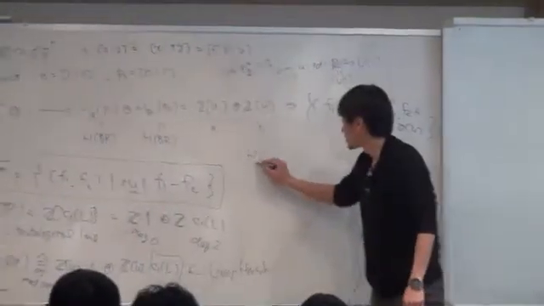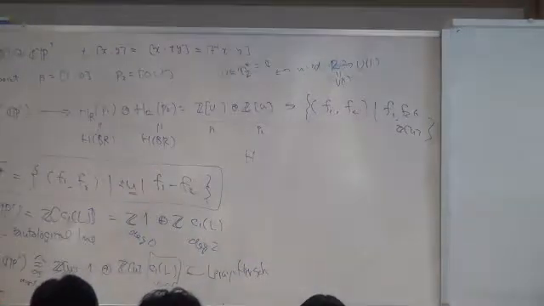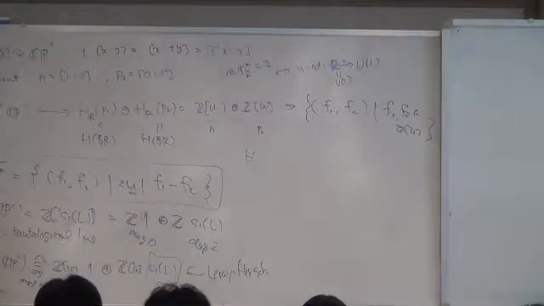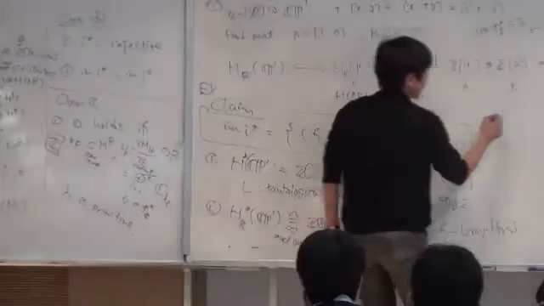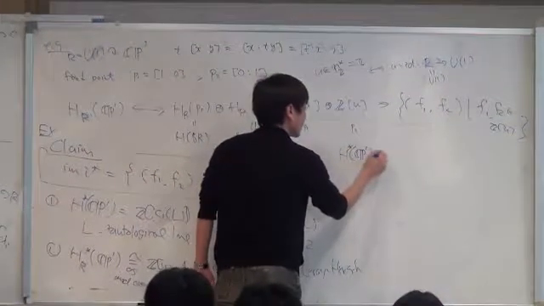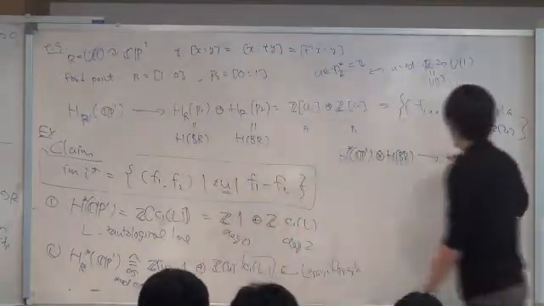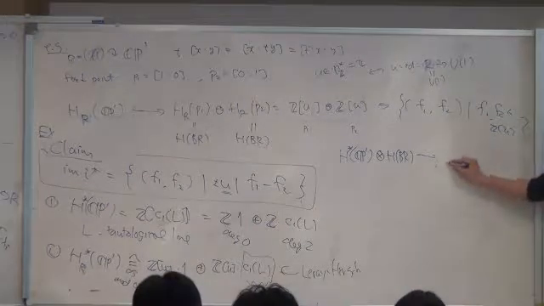So T is R. Ah, sorry, yeah, T is R. So here you have CP1 tensor with H*(BR) going to, this is the isomorphism I'm using